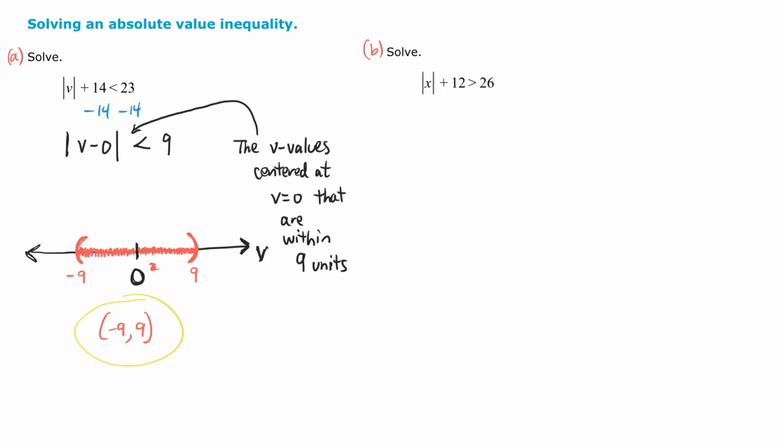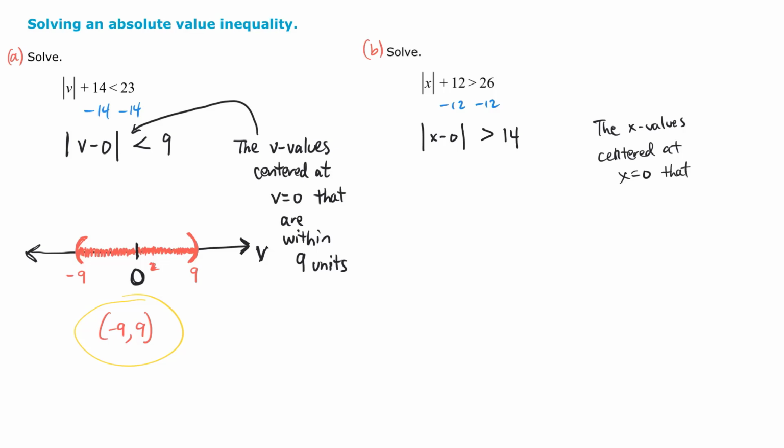What about this other procedure over here? Example B. You're first going to start off by subtracting 12. So now we have the absolute value of x minus 0 is now greater than what? 14. So these are all the x values centered at x equals 0